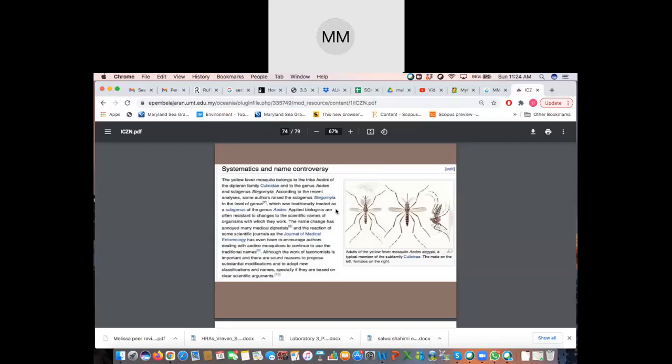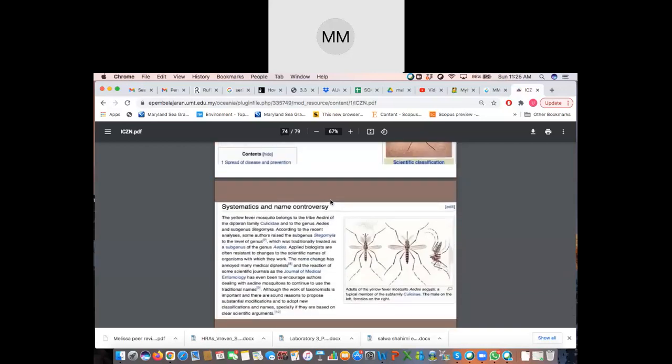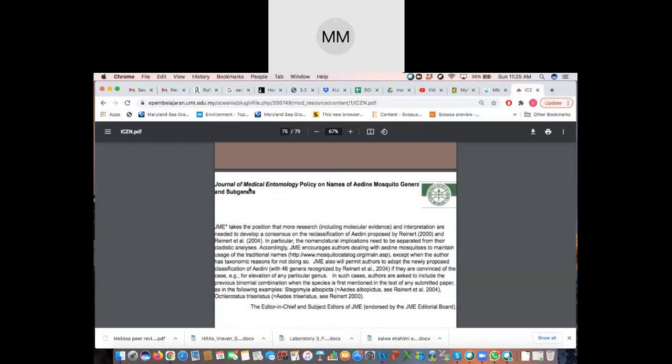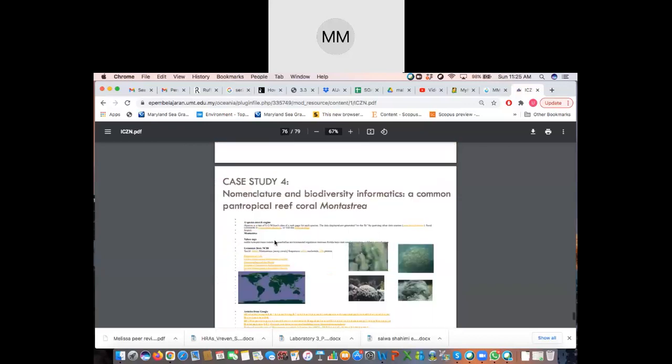So it was traditionally treated as Aedes, but now it has to be related to this. Obviously we have this problem because we have always known it as Aedes, and it's not just for taxonomists, you're dealing with everybody who's probably had encounters with this in terms of the fever, etc. So much so that the Journal of Medical Entomology, on its policy on names of Aedini mosquito genera and subgenera, has made a statement where